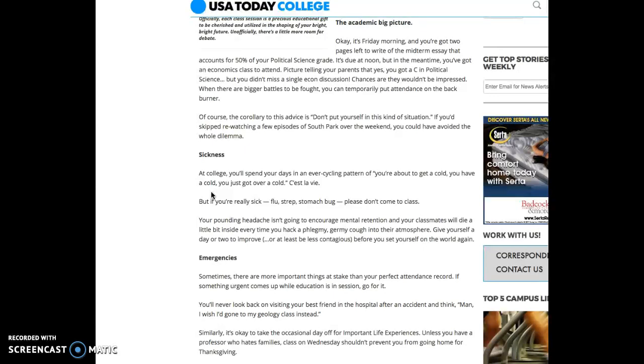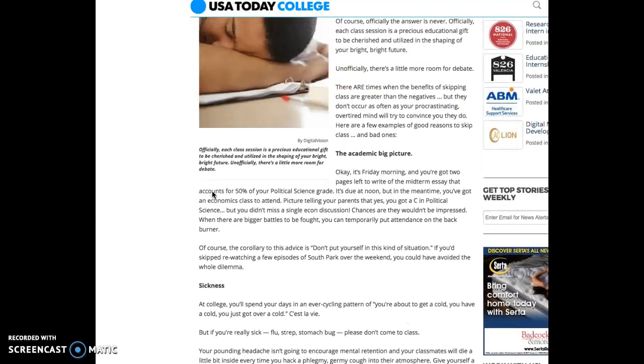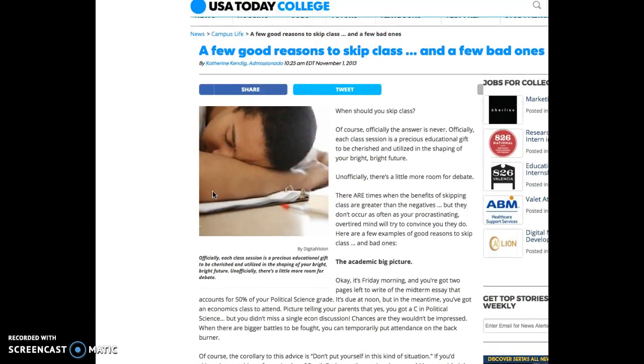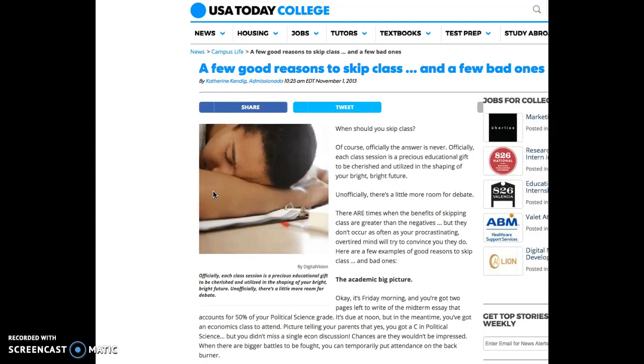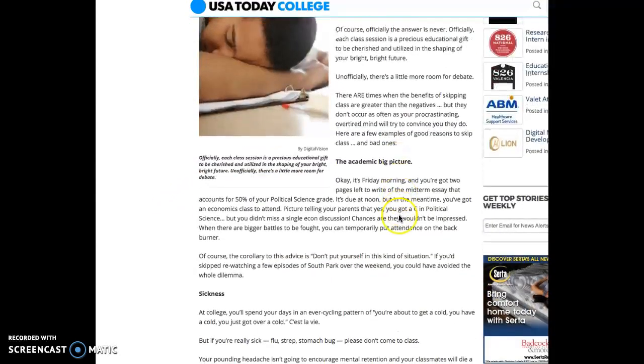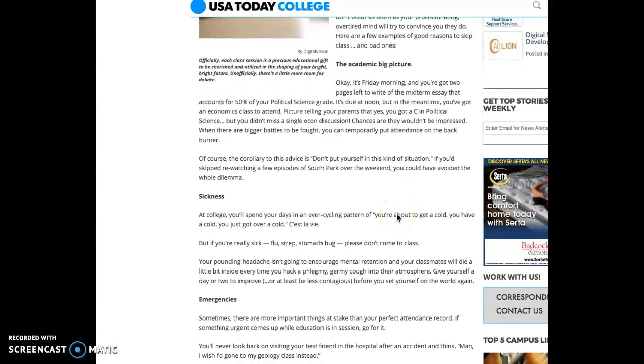So this would be a great method to do if you're reviewing for a test. Often professors will test you on things that they didn't go over in class, but you were expected to read out of class. That's caught me off guard more than once, I can tell you from experience. So read it a second time, double check, and make sure that you got what you were intended to get